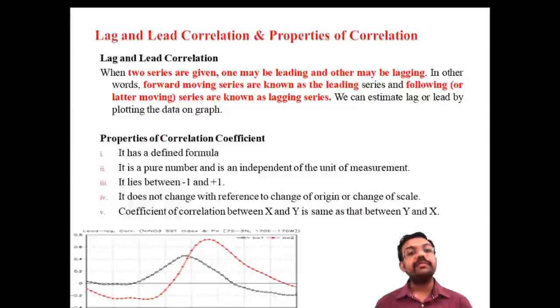Again, the diagrammatic representations are also included, like the scatter diagram and correlation graphs. All are diagrammatic representations. In order to find the value of the coefficient of correlation, we can use Pearson, Spearman, or the concurrent deviation method as per your interest. And there is a shortcut formula also used for the coefficient of correlation. And these are the important properties of the coefficient of